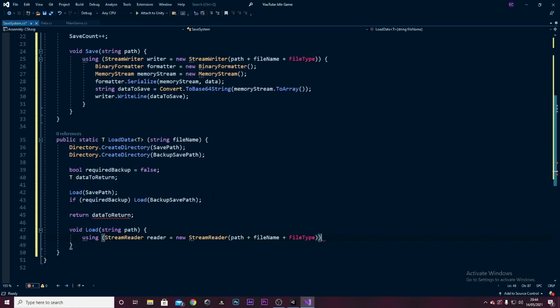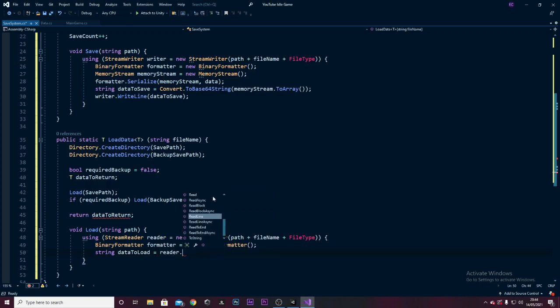Oh no, it's not, because we now need to add more braces. And then in here we're going to say BinaryFormatter formatter equals new BinaryFormatter, string dataToLoad equals, and then this is going to be reader dot ReadToEnd,